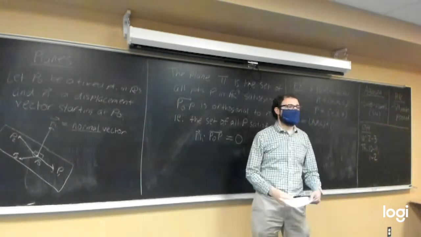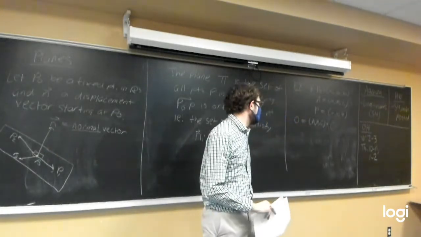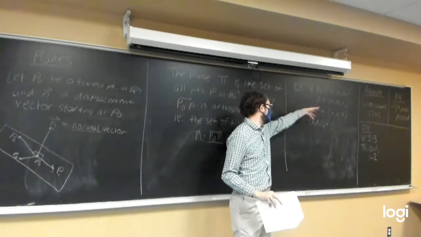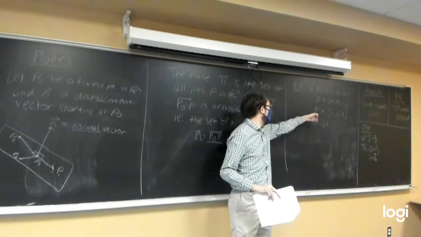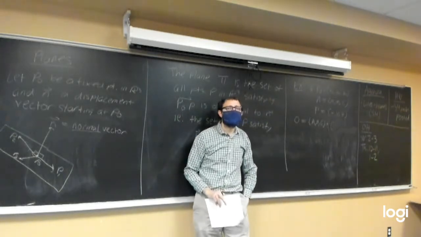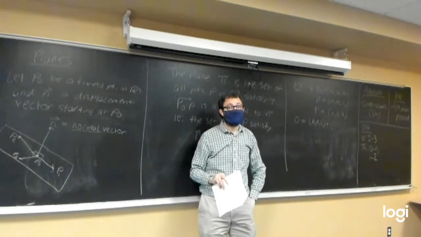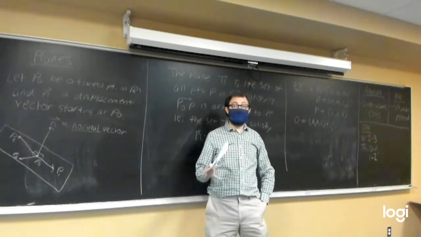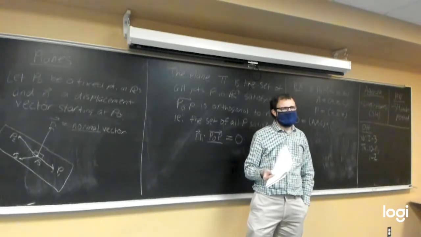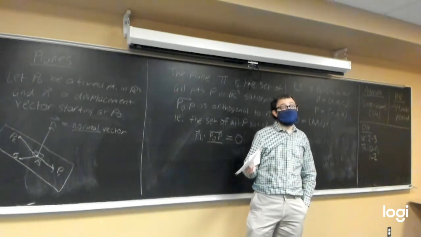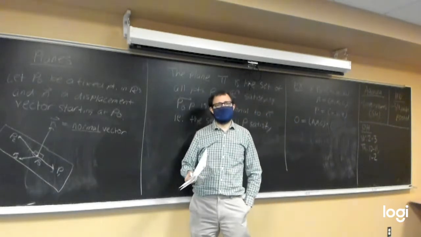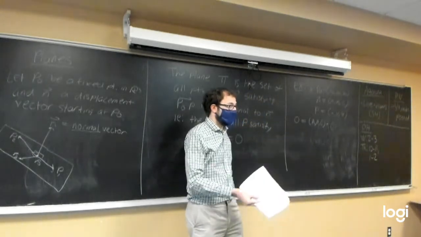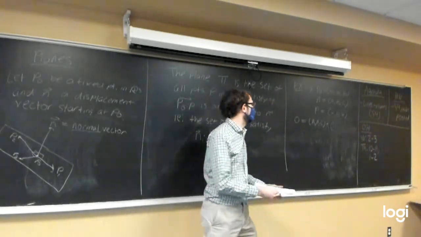Can anybody tell me what would the coordinates of our displacement vector, P naught P, look like here? If P naught is x naught, y naught, z naught, and P is x, y, z? Elliot? Would it be x naught x, y naught y, z naught z? Close. I don't think we're going to be multiplying them together, because finding a displacement vector from one point to another typically doesn't involve multiplying the coordinates. What do we have to do instead? X minus X naught,